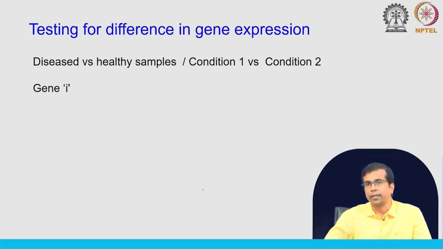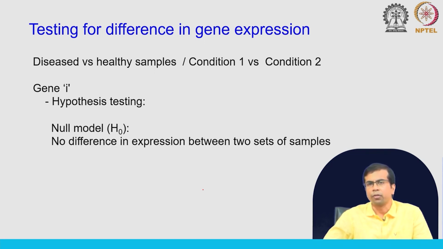So, we have let us say gene I, right. It could be any value, right. Again depending on the organism, this I will vary from let us say 1 to 10,000 or 1 to 20,000, and we do something called hypothesis testing for each gene. Okay. So, this is the general approach, but we will then talk about specific tools, and we will take one tool and we will specifically mention what kind of statistical test we use,